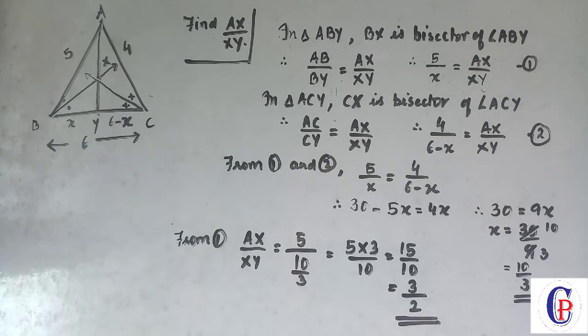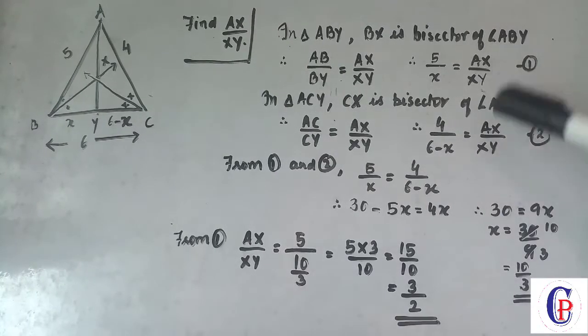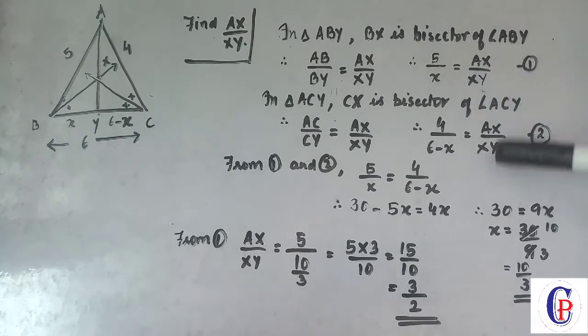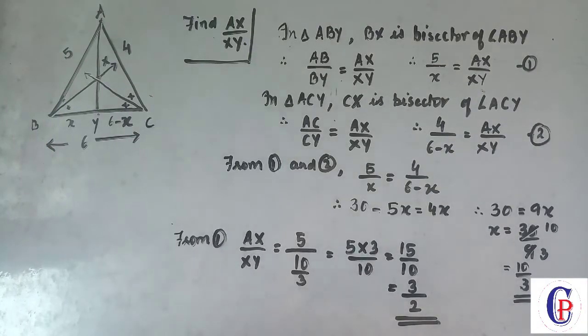See, this question seemed difficult or something out of the box, but it was already given to us that it is an angle bisector. So of course, if the question says angle bisector, we have to directly use the theorem so that we reach somewhere. We reach a step where we can easily understand that by doing one more step we will get the answer. So as I told you, if you know the angle bisector theorem, 50% of the sum is already done here. When you write this, you will see that if this is equal, then both will be equal, and from there we will get the value of x.